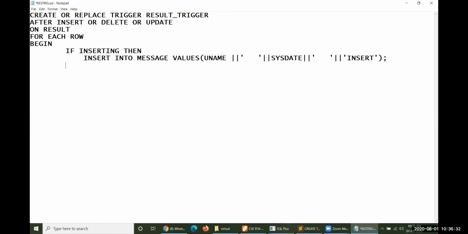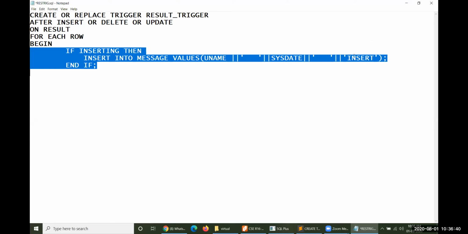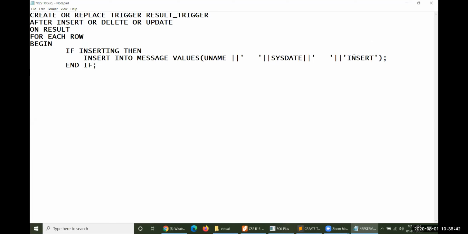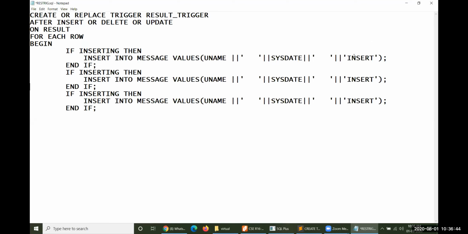Then IF. Individually, we would like to write everything individually, don't take any else-if ladder. So if he may not be performing inserting, he may be performing updating. The same username and system date, and the operation is update.